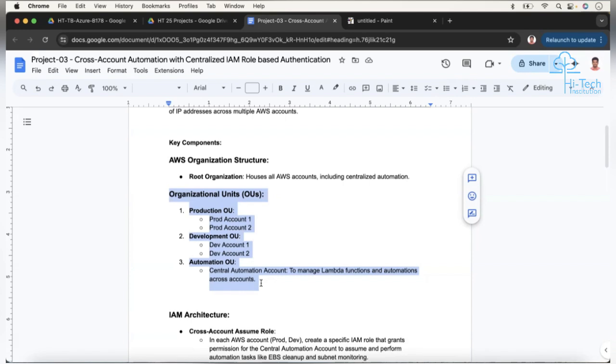Yeah, good question. So basically, you have 4 accounts, totally 5 accounts including the master account. Those 5 accounts are categorized in 3 OUs. Each account can have any subnet and network range. Imagine this account might have